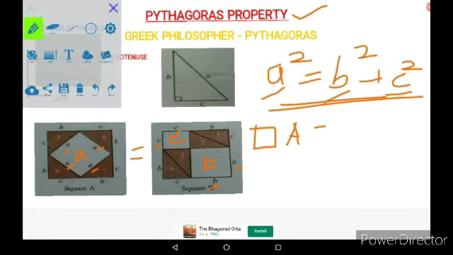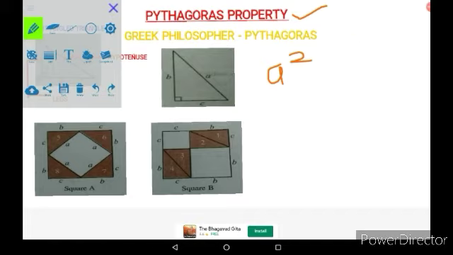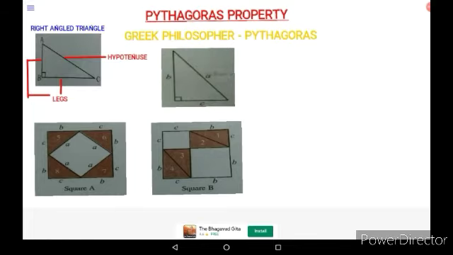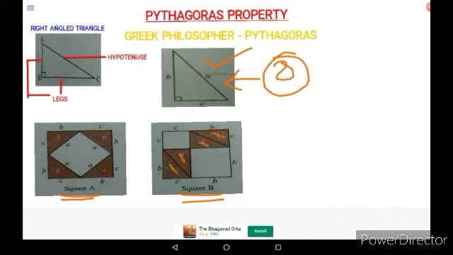It is possible that some of you may not have understood it. So let us summarize. Hope it will be clear now. So to summarize, we had taken a right angle triangle. We had made 8 identical triangles of this. We have placed them in 2 identical squares, square A and square B. The 8 triangles are 1, 2, 3, 4, 5, 6, 7, 8. Now this is square A. This is square B.